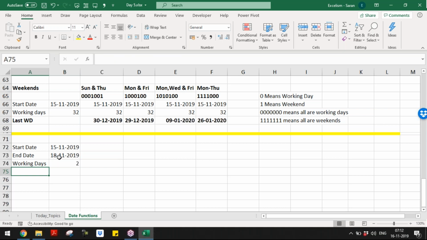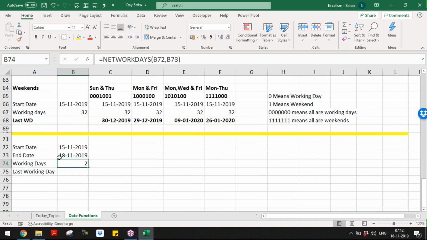My answer is 2. If I do the other way around, if I calculate the last working day, considering this as work days, then I should get the same answer. Yes or no? But I doubt you will get the same answer.